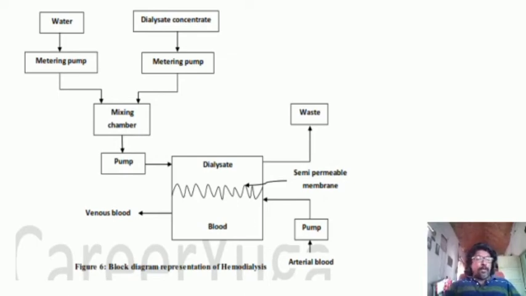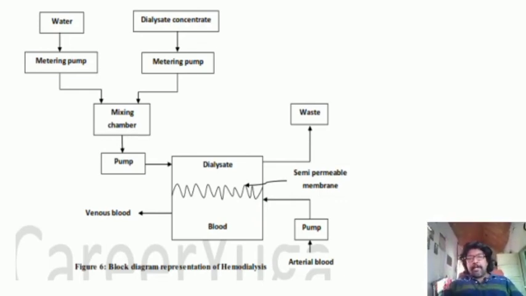And there will be a pressure monitor, and the pressure monitor's job is to check the exact pressure of the blood flow. There are several types of blood pressure monitor, and we have already discussed the regular class itself. This blood pressure monitor works along with a pump, and they coordinate with each other to keep the blood flow at the correct rate. It should not be too high, nor too low.